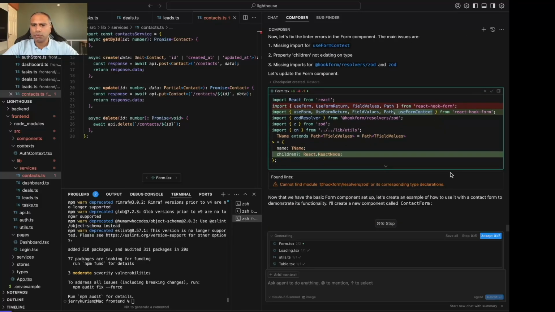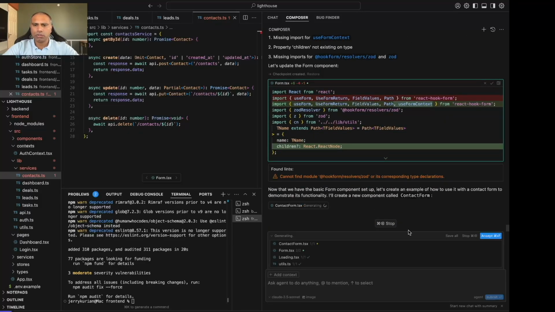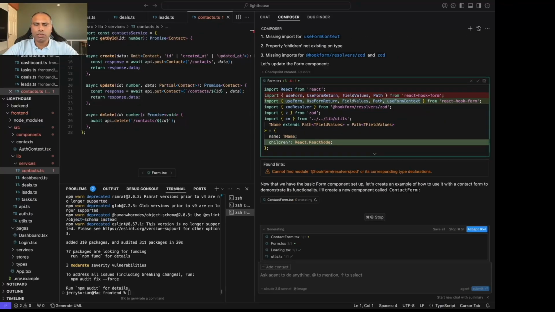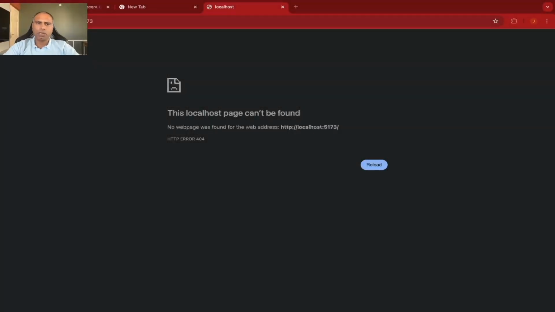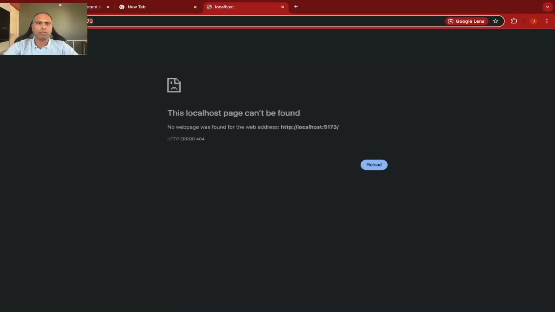So let's keep going at it. It's not asking me for anything, so I'll not interfere. Let it keep doing its stuff. So this is what I'm getting when I'm opening the front end now. I don't know what's wrong, so let me go ahead and take a snapshot of this and pass it on to the